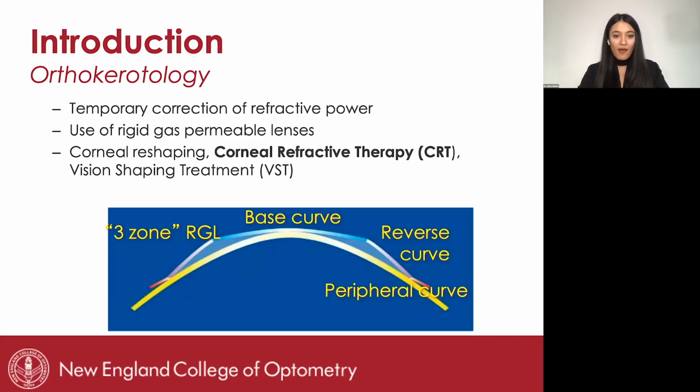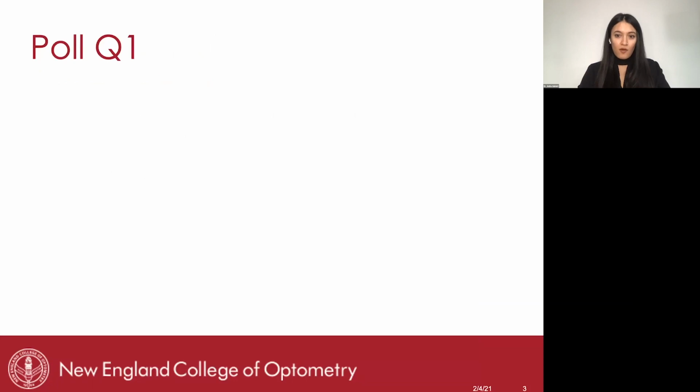And then lastly, we have the peripheral curve. This essentially serves the same purpose as your typical tri-curve or GP design, where it's the landing curve, responsible for edge lift, tear exchange, things like that. All right, so